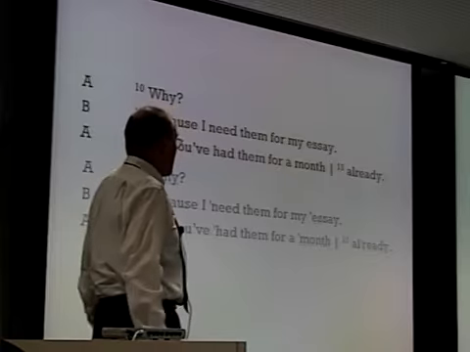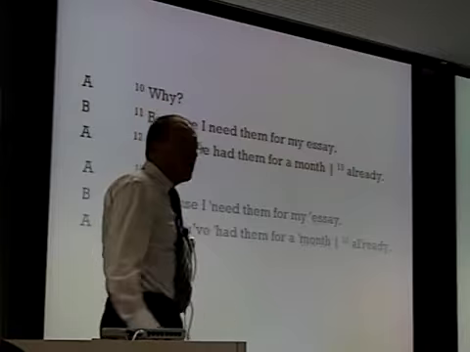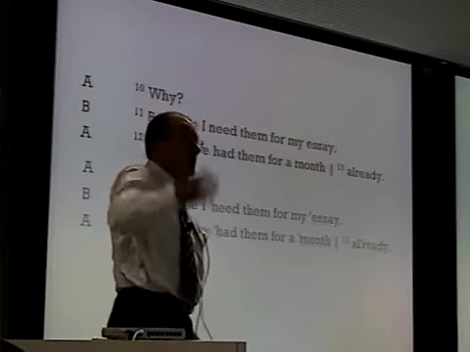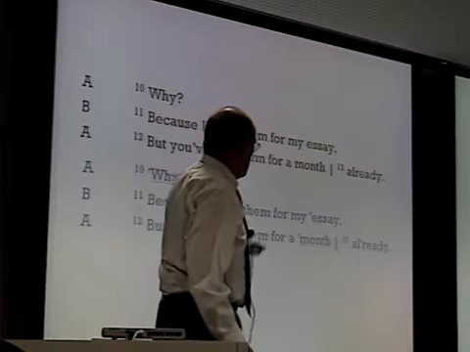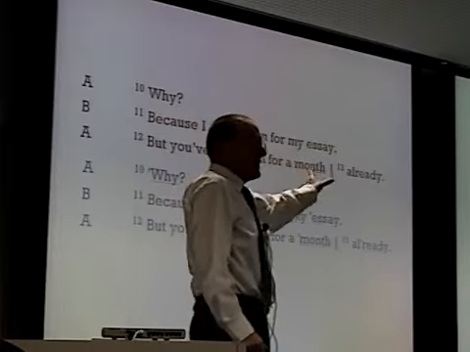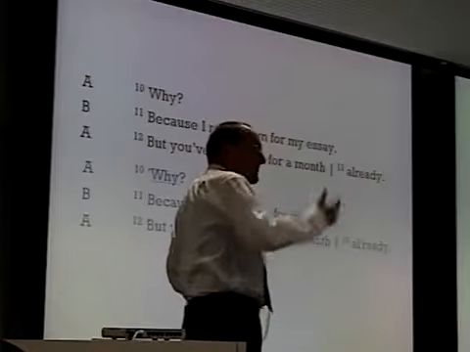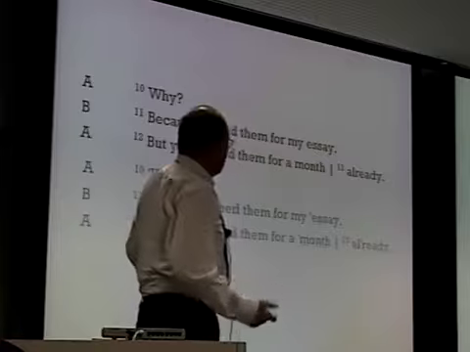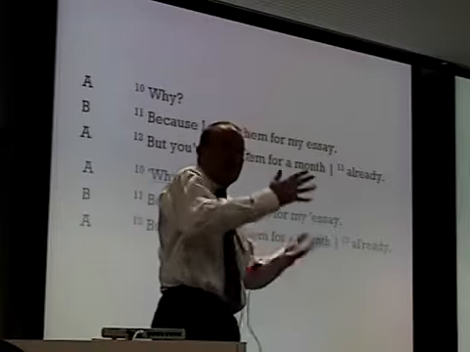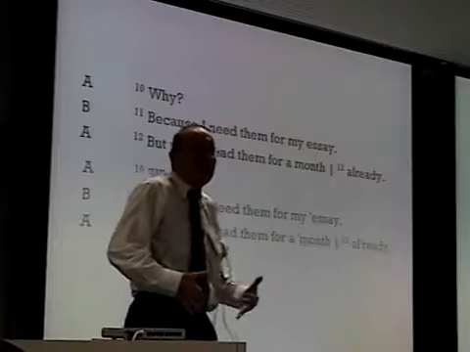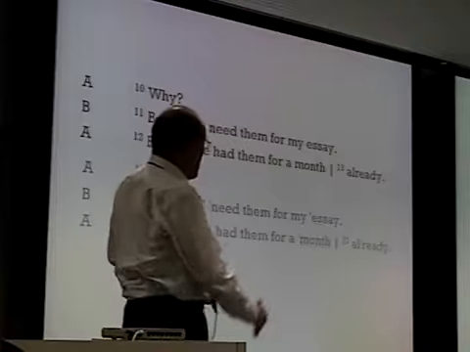Here we have a choice, in fact. We could make the month the main part, but you've had them for a month. And then already, we'd probably use another fall on the end because this reinforces. When adverbs at the end reinforce, they repeat the fall. When adverbs limit, then they have a rise. But you've had them for a month, I think. I think would limit, would not be reinforcing it, it would be weakening it, and so it has a rise. But when it strengthens it, it has a fall. You've had them for a month already.